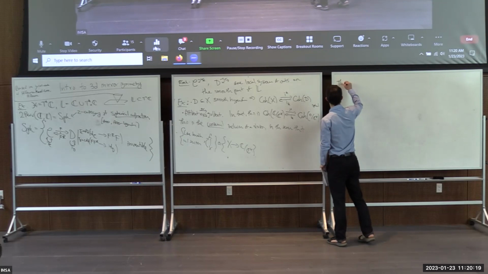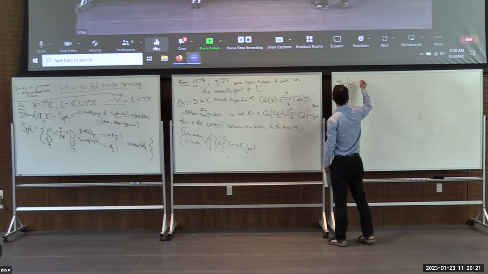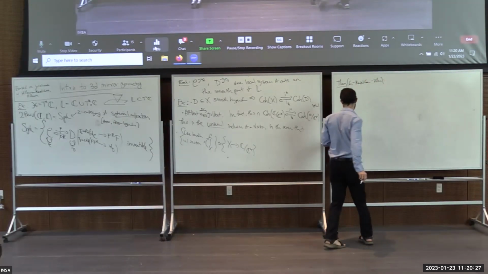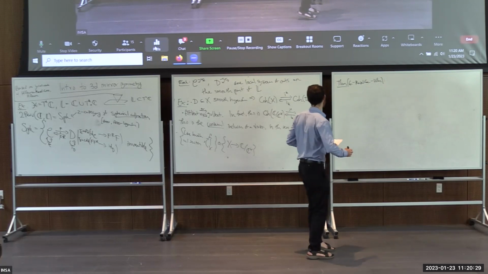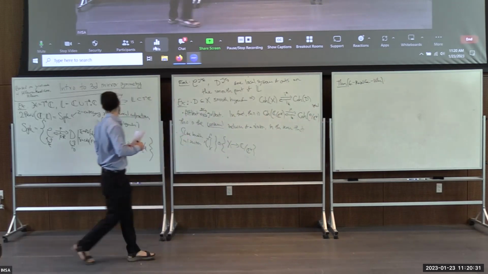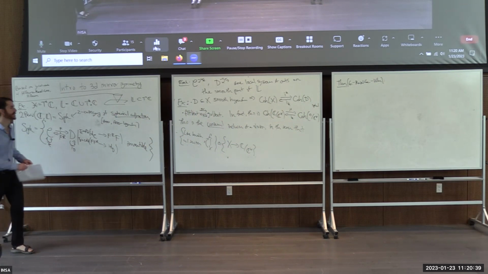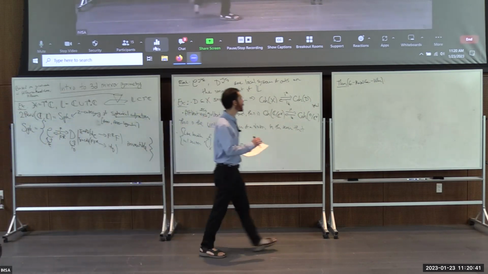So, theorem. This is my paper with Aaron and Justin. Maybe the first statement of the theorem is just in the two categories of spherical functors. I said that our goal is to understand this two category of spherical functors, to find some spectral description of it in terms of coherent sheaves on stacks. And it turns out that